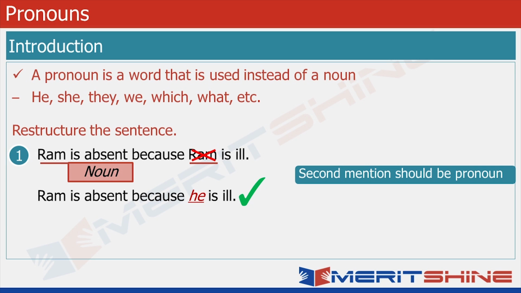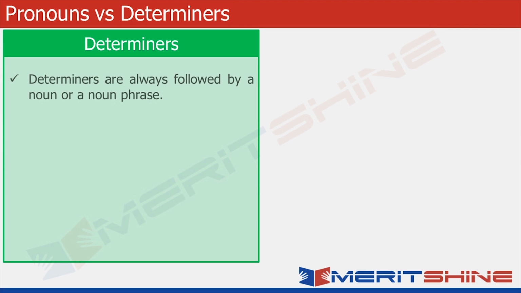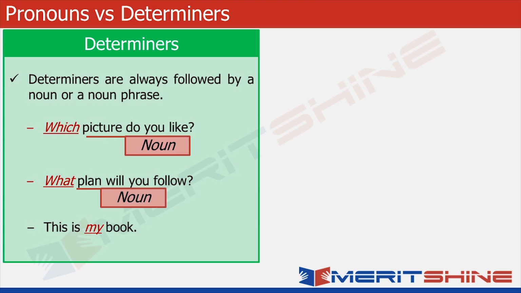Before we proceed with details on pronouns, it is important to understand the difference between pronouns and determiners. We learned that determiners are always followed by a noun or a noun phrase. Let us look at these examples. Which picture do you like? What plan will you follow? This is my book. In these sentences, which, what, and my are determiners followed by the nouns picture, plan, and